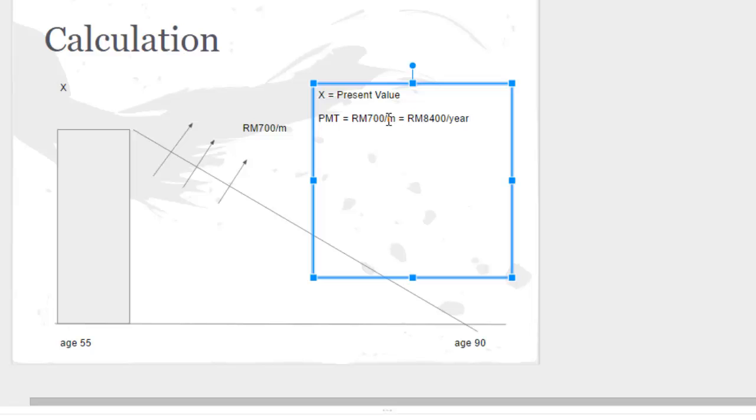Okay, so payment means it's a regular payment. And when money is going out, you put a negative sign. Money is going out, cash outflow, you put a negative. Then the other thing we need to know is the inflation. I equals inflation.